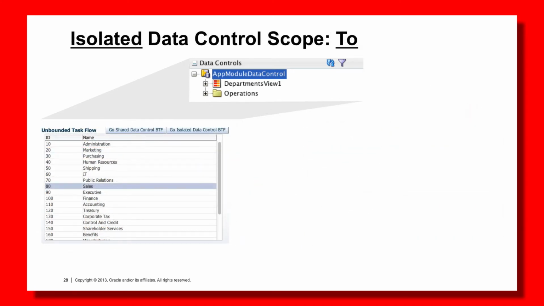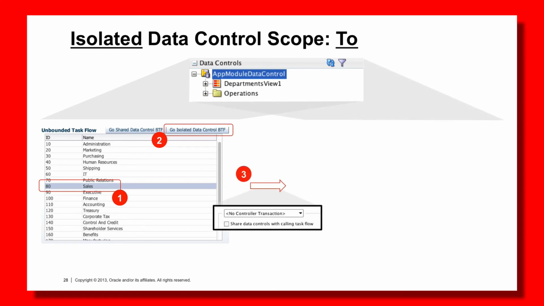Let's take then an example of an isolated data control scope in play. So very much the same application here, the same ADF BC app module data control and Departments View object. And we can see that is actually displayed on the unbounded task flow page, and the user has again picked record 80 sales. Now, when we navigate to the second bounded task flow, in this example, we're using an isolated